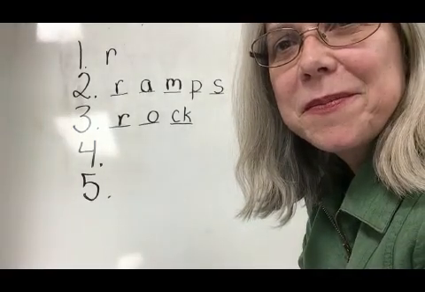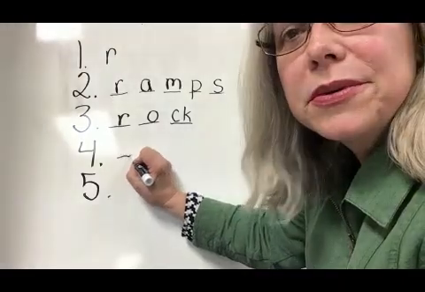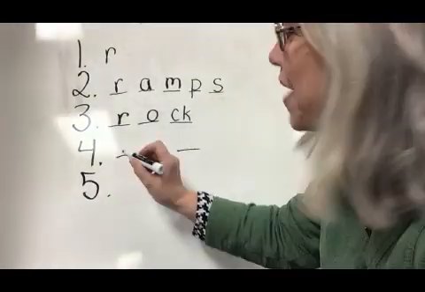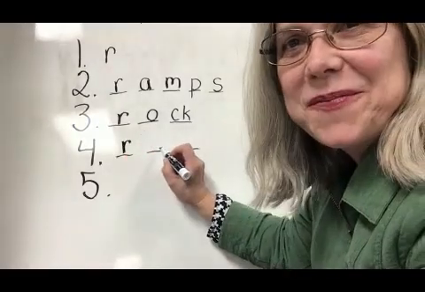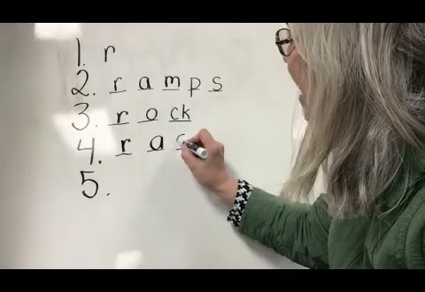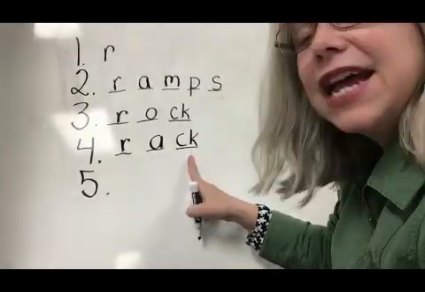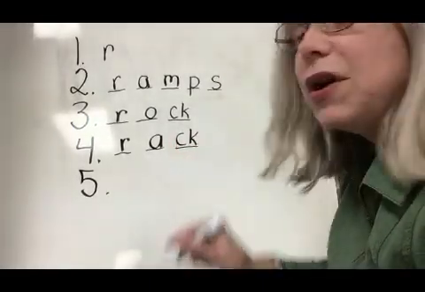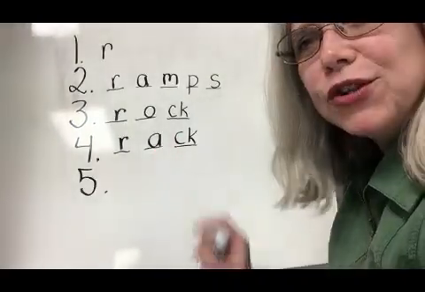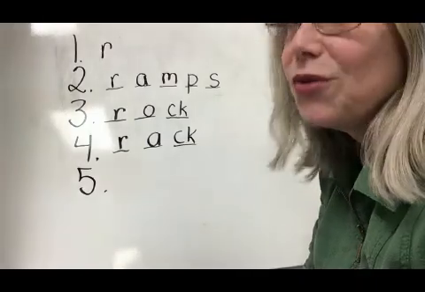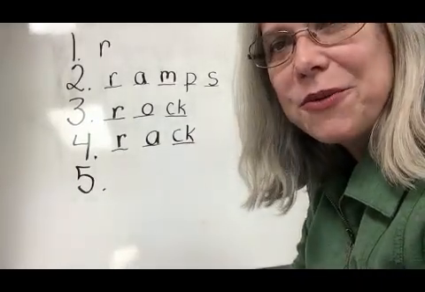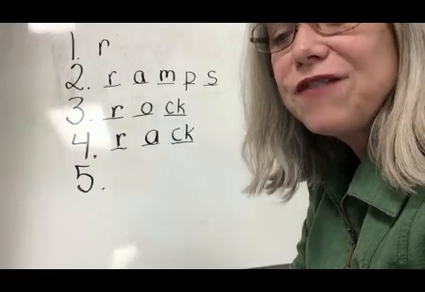Rack. Make a line for every sound. R, A, K. What's the R? Right, and R again. What's the A? A, K. Again, digraph CK, because we heard the K sound in the final position. And remember, when you hear a final K, you spell it digraph CK, right after a short vowel. So when you hear a final K after a short vowel, you write it with digraph CK. Can you read that word? Rack. Very good. Our very last word,